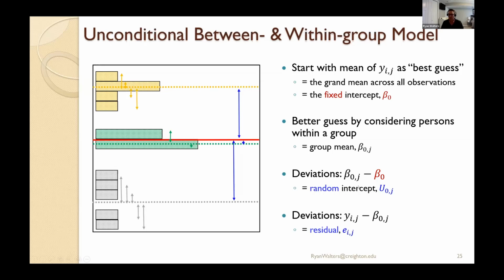Okay. Random intercepts are going to be notated by U. U0 is telling you, just like beta 0 was the fixed intercept, U0 is saying we're talking about a random intercept. There's a subscript J because every single group is going to have a random intercept value. So this U0 is going to vary by group J. The residual values are specific to deviations for person I in group J.